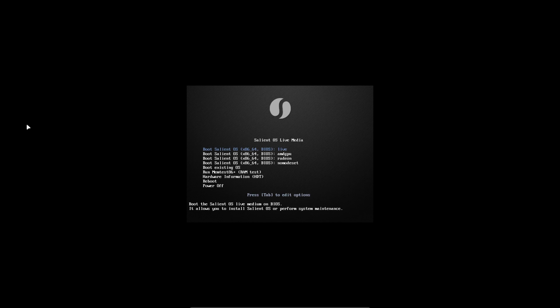Hi guys, welcome. I'm booting up Salient OS. It's also an ArcoLinux distribution, and it boots up with a beautiful GRUB. It's nicely themed with these colors, the darker blue and then the light blue. It's just beautiful. Now, it boots up with, in this case, GRUB, right? But EFI is also a possibility.